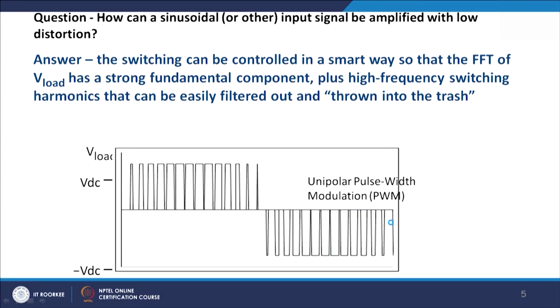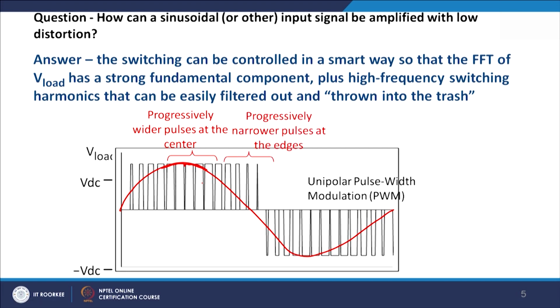So these are basically the PWM signals, where the volt-area will match. It is not that we are applying a sinusoid, but the sinusoidal volt-area and this PWM volt-area will match each other. We will come to this later. This is called unipolar PWM, and this is one of the advantages. You can see that since the area in the central portion is more, it will be more square at the center, and it will have narrow fringes at the beginning and end of the cycle.